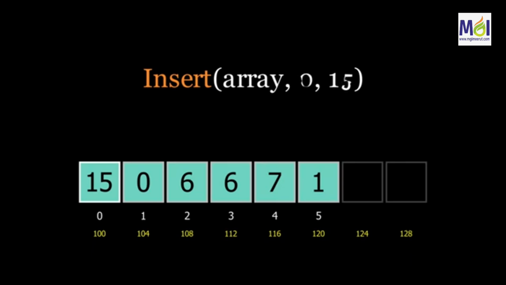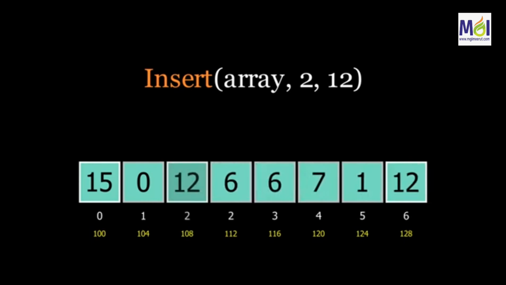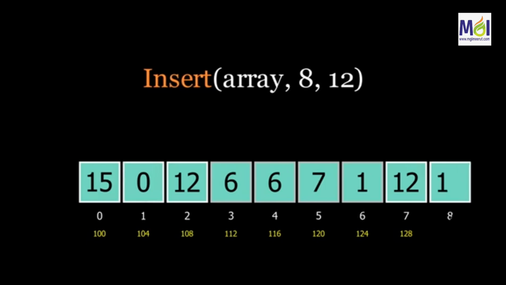Now adding an element at the end of the array is a constant time operation because all you have to do is to find the memory address in constant time and just assign the new value. Now inserting an element anywhere in the array will on average have a linear time complexity. Now the array is full and you cannot insert any more elements because it is static and cannot change its